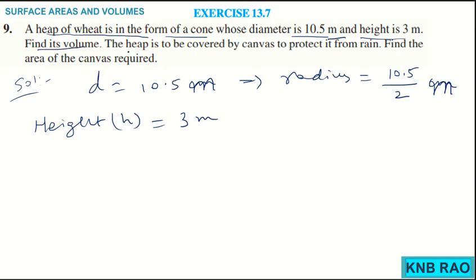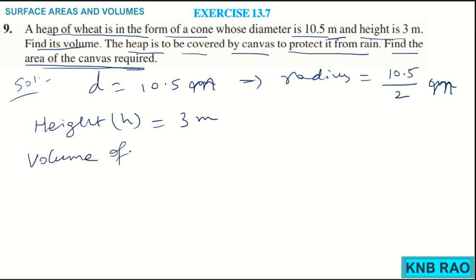Then the next question is, the heap is to be covered by canvas to protect from rain. Find the area of canvas. It is simple. Curved surface area we have to find, that's it. So, first going for finding